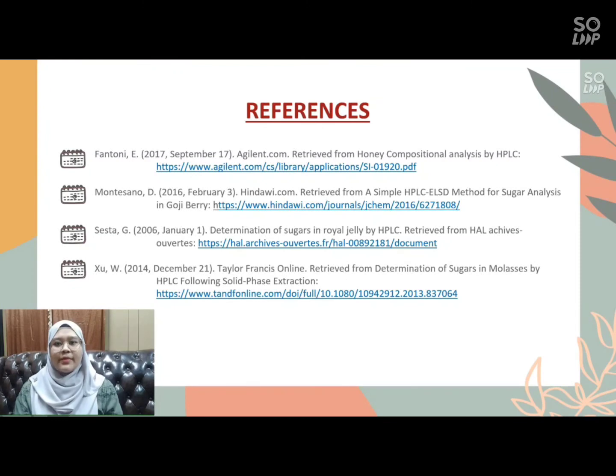For the reference part, we have read 4 different articles about the analysis of high performance liquid chromatography, which is HPLC. Reference 1 refers to the honey, reference 2 is based on the goji berry, the third reference was for the royal jelly, and lastly for the molasses. These are all from the